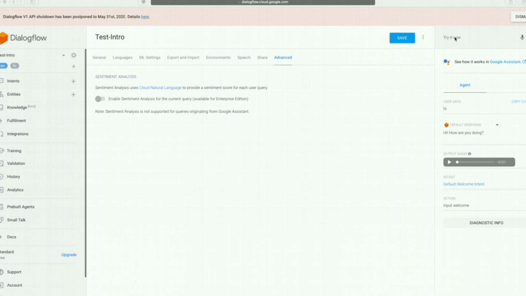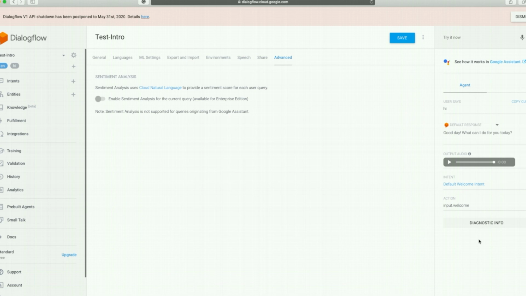So let's quickly talk about the right hand side panel. Here you can use the microphone, or you can type your queries. Whatever you have typed or spoken, we'll see those queries in a text format here. So let's say I say hi, you will see that whatever the user says will come here. The default response that Dialogflow is giving is this, and the output audio which we enabled will come here. Good day. What can I do for you today? And the default intent. So this is the intent which this request maps to. So hi is mapped to the default welcome intent, and the action associated with this intent.